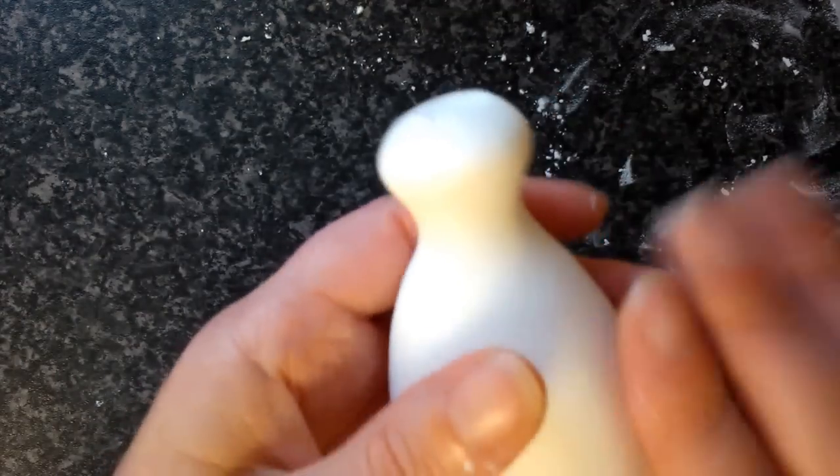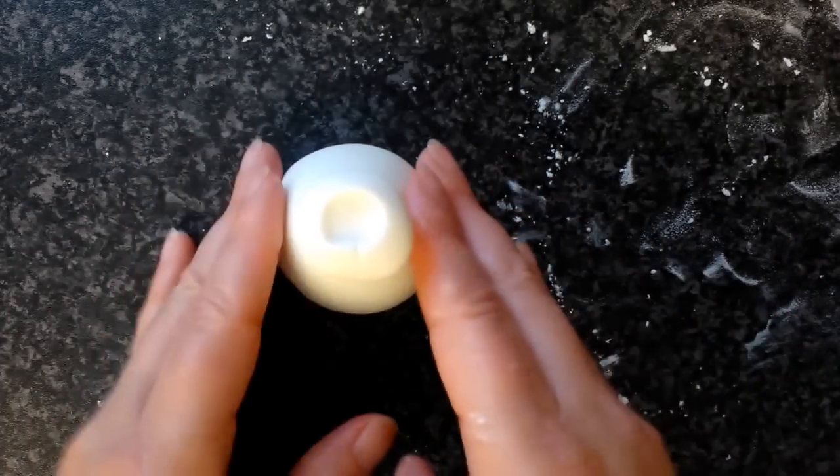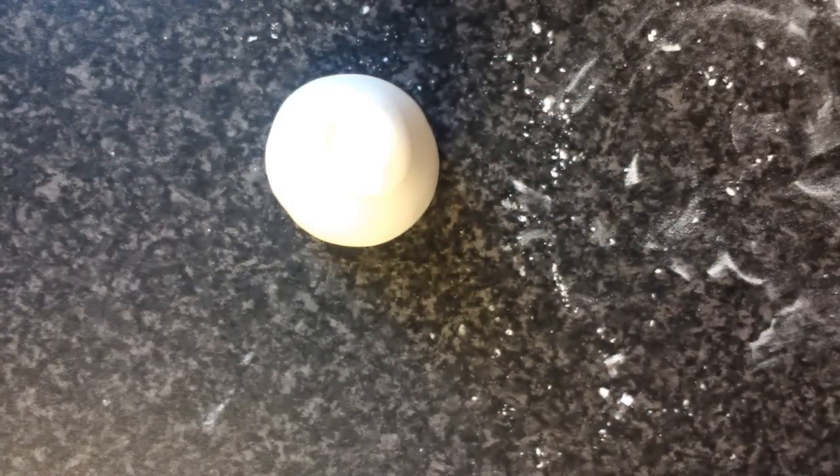I think I'll make her waist a little bit thinner. There. And there we have it. She stands nicely, she's evenly balanced. So what I'm going to do now